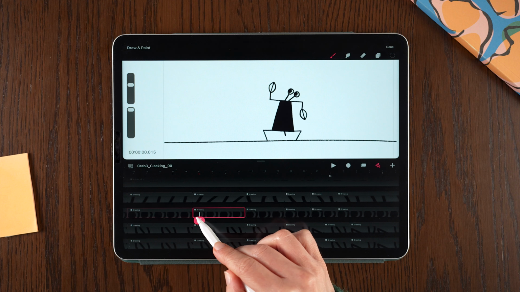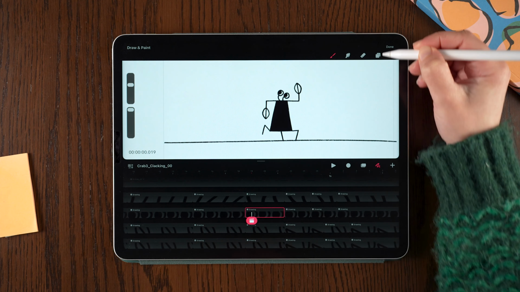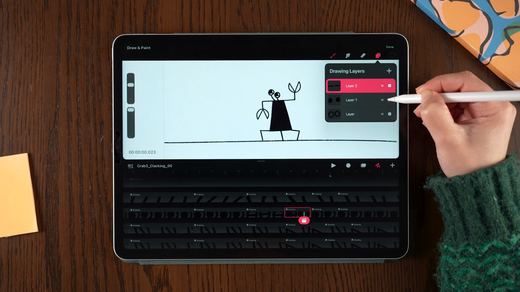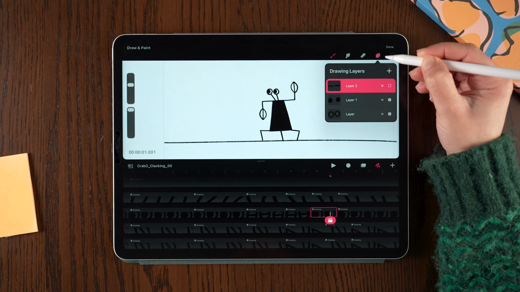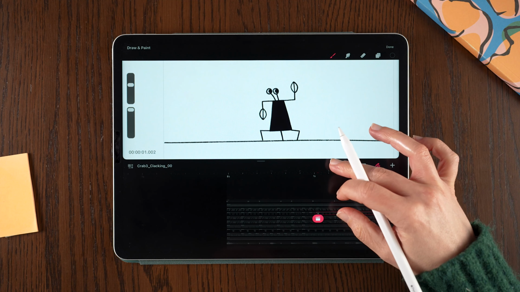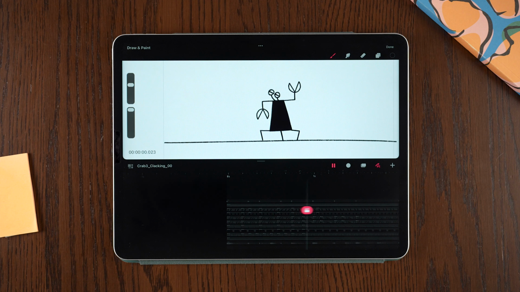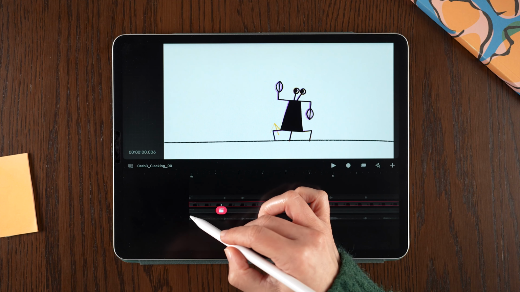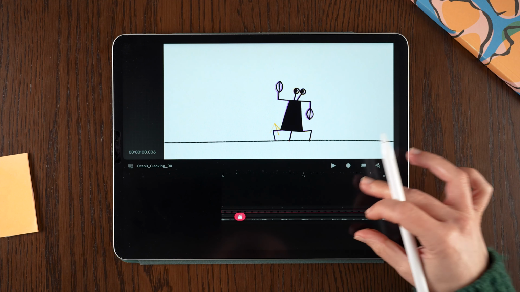I'll just go to the frame where I want the blink to start, switch between the eyes poses, then do the same for the next couple of frames. And I'll stop at this point to have the eyes open again. Let's preview what we did. The crab looks more alive and it didn't take time at all. Just a bit of planning and preparation when drawing our character. Now I want to play it with the sound on.